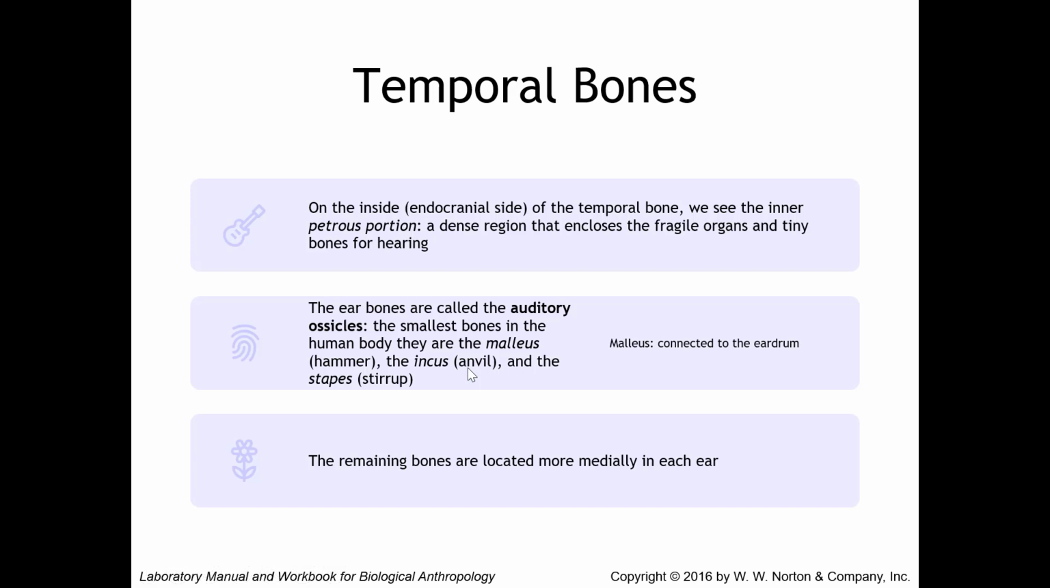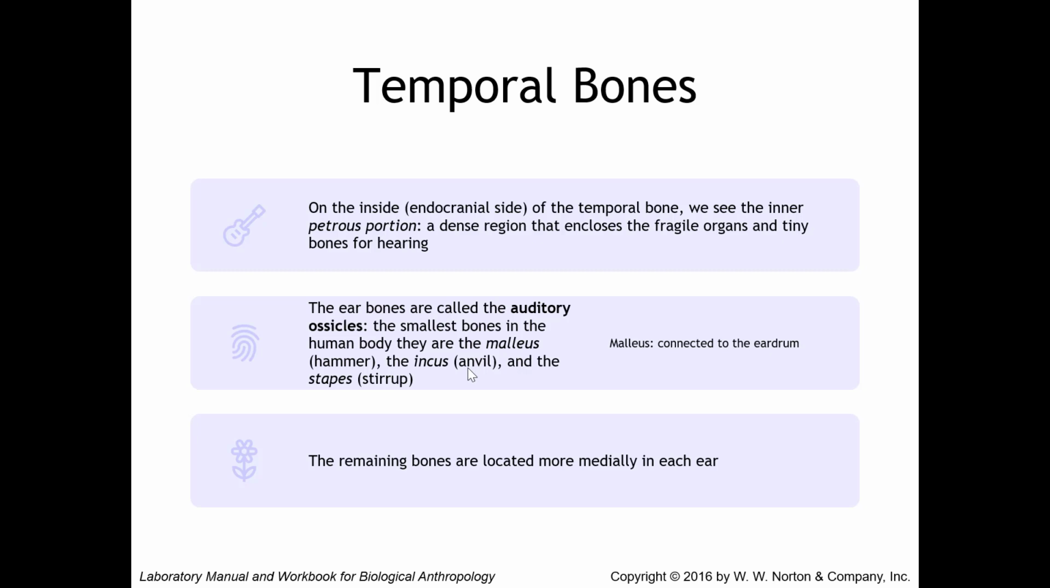So the ear bones, right, they are housed inside this petrous portion. They are called the auditory ossicles. They are the smallest bones in the human body, and they are the malleus, the incus, and the stapes, right? So malleus for hammer, incus for anvil, and stapes for stirrup. It's easy to remember them: malleus, incus, stapes in that order, MIS, because that's how they are in order in our